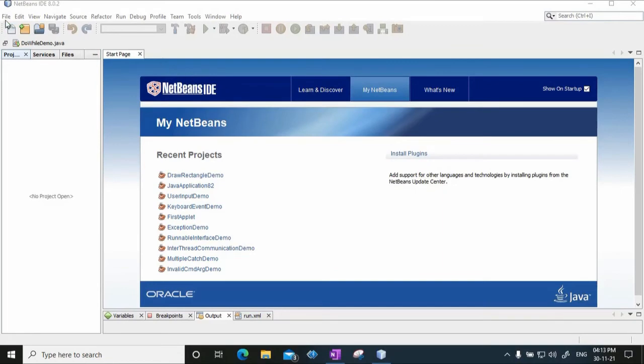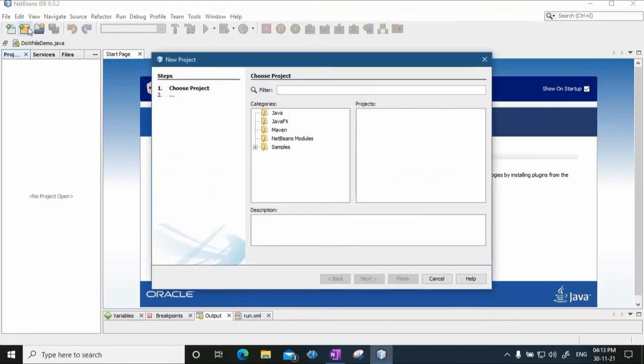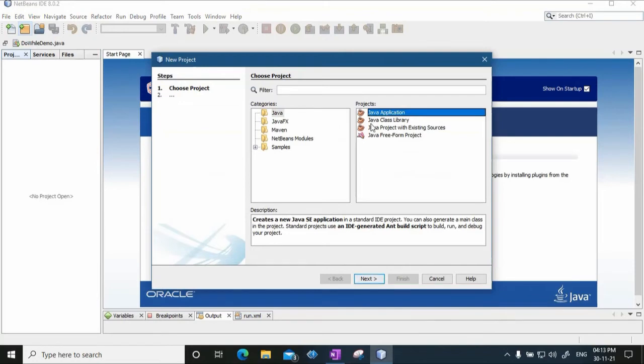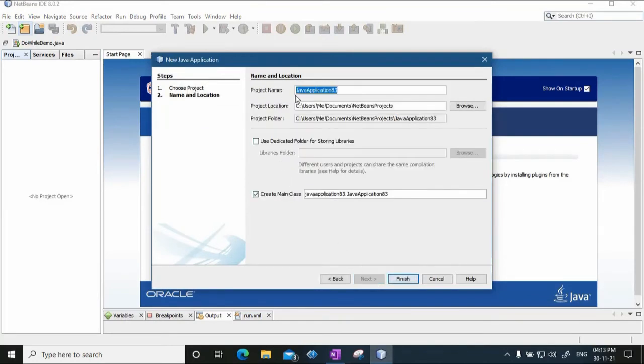So now let us create a new project. Choose Java application. Then select the file location and make sure that you are not selecting create main class, because as we have seen, an applet does not have a main method. So you have to uncheck this and say finish.